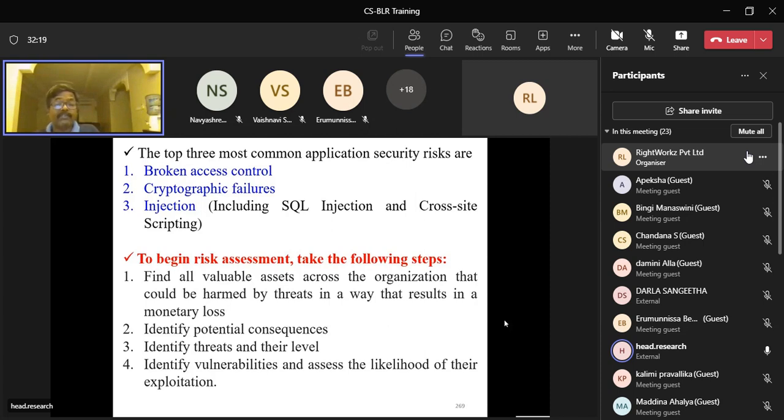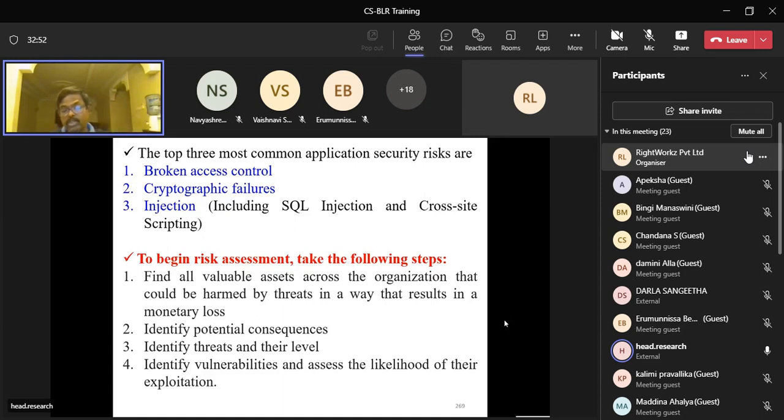Then identify vulnerabilities and assess the likelihood of their exploitation. So we need to identify vulnerabilities: what type of virus attacks, what type of malware attacks, and what type of threats you can expect to happen in this application security. These are the risk assessment steps, and we need to find out